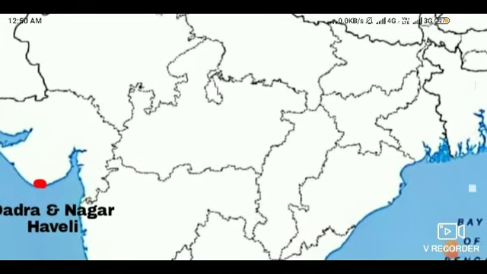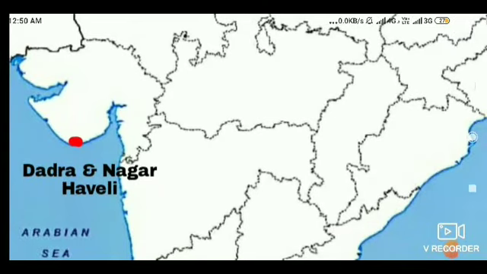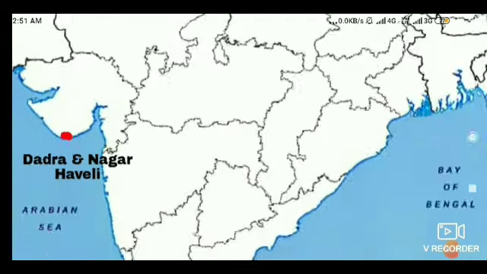Dadra and Nagar Haveli. So mark that. It is towards the south of, which state is that? Gujarat. Mark it and then write Dadra and Nagar Haveli. Look at the spelling clearly. Wherever you need to write capital letter, it has to be in capital letter. Write very neatly and legibly. Okay, no need to write in bigger font or very small. Write in proper size. Okay, next,